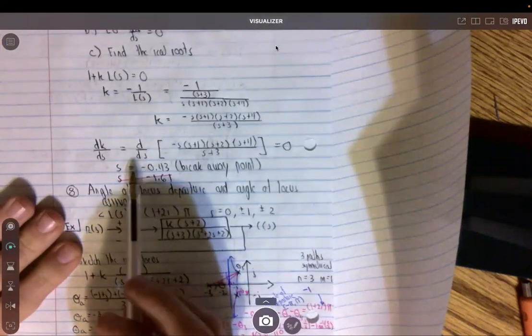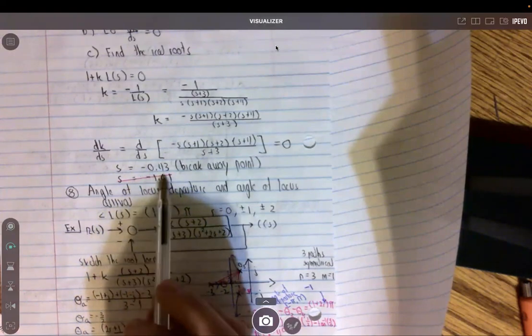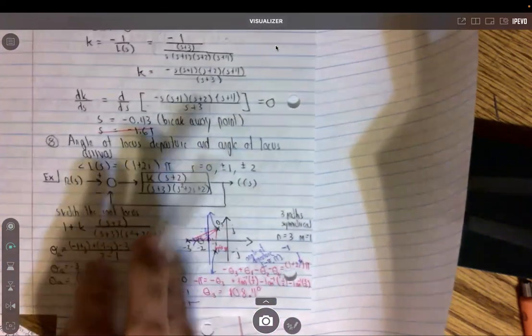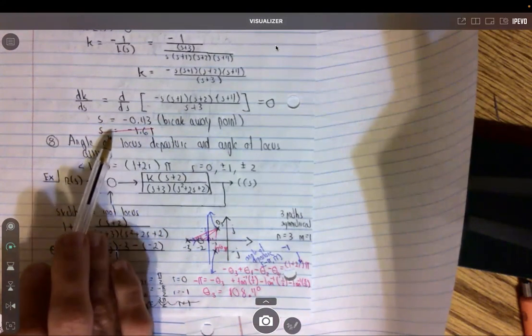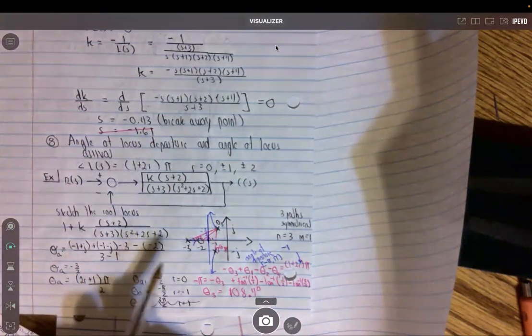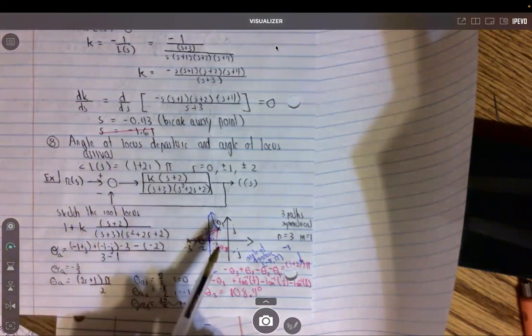You check the values of s against your root locus to see if they make sense. If not, then they don't exist. And so one of them made sense as a breakaway point, the other didn't because it's to the left of an even number of poles. And then here, in order to find the angle of departure and angle of arrival, you